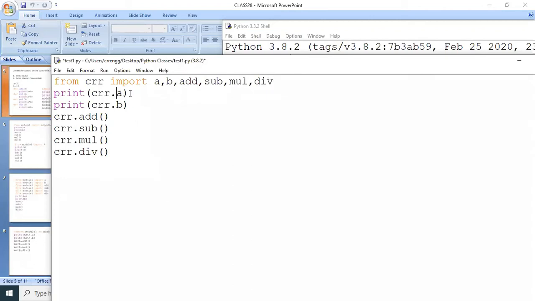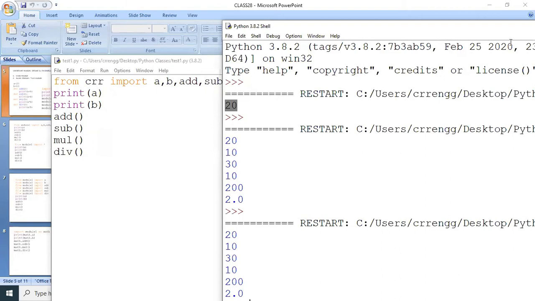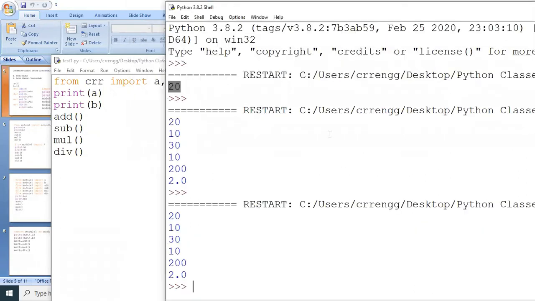Now instead of CRR.a, directly print a, print b, and directly call the functions add, subtraction, multiplication, and division. You observe that we get the same output: 10, 20, 10 are the a and b values, 30 is the addition, 10 is the subtraction, 200 is the multiplication, 2.0 is the division.